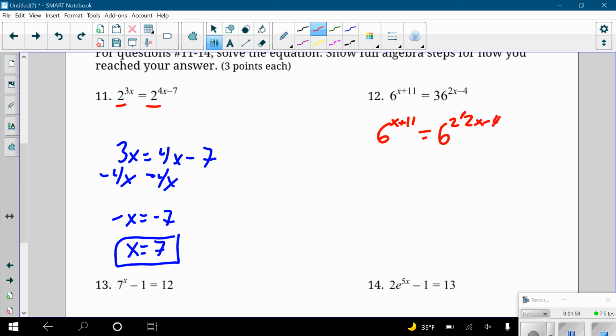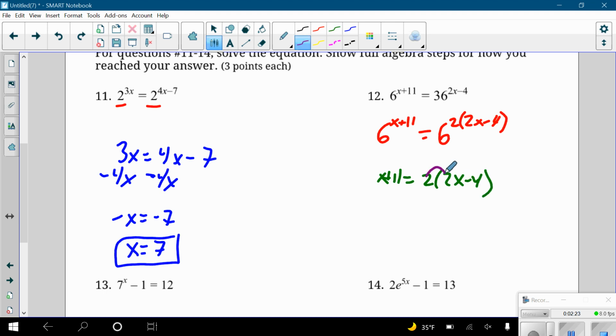It's really important that you put that in parentheses. So now what I've done is made this into one that looks just like number 11. I got 6 to some power equals 6 to some power. So now I'm just going to set the exponents equal to each other. So I'm going to set x plus 11 equal to 2 times 2x minus 4, and I'm going to solve